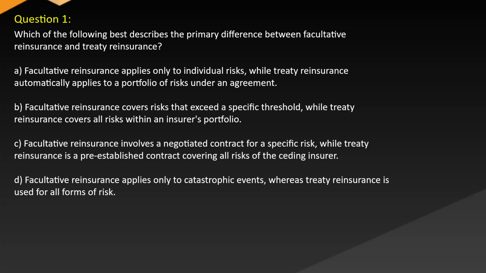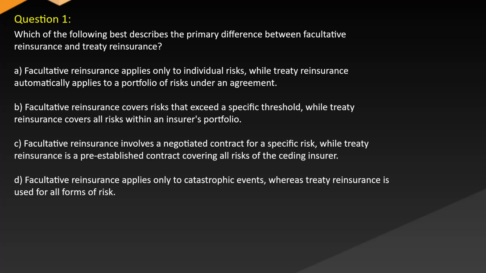Question 1. Which of the following best describes the primary difference between facultative reinsurance and treaty reinsurance? A. Facultative reinsurance applies only to individual risks, while treaty reinsurance automatically applies to a portfolio of risks under an agreement. B. Facultative reinsurance covers risks that exceed a specific threshold, while treaty reinsurance covers all risks within an insurer's